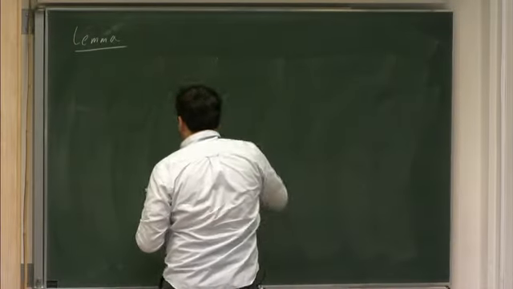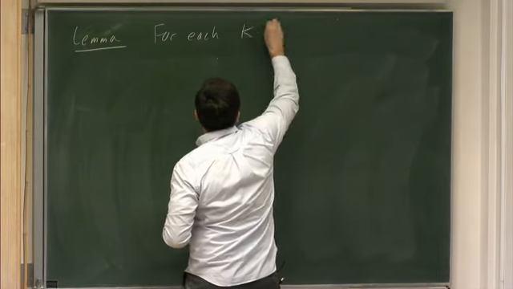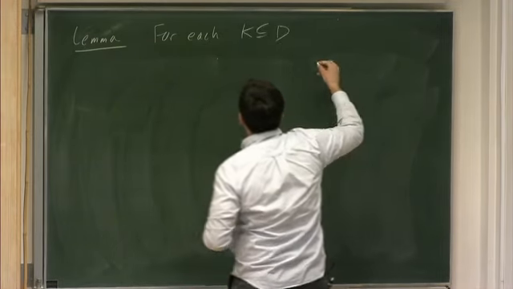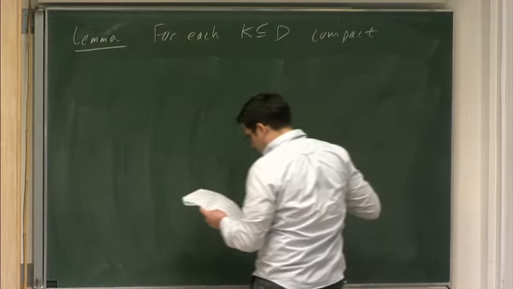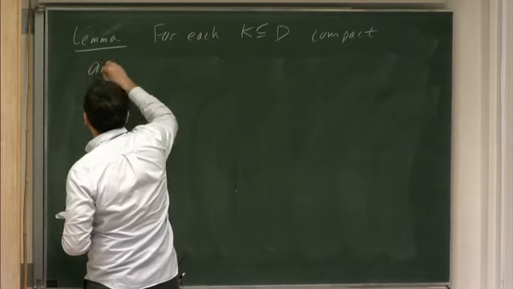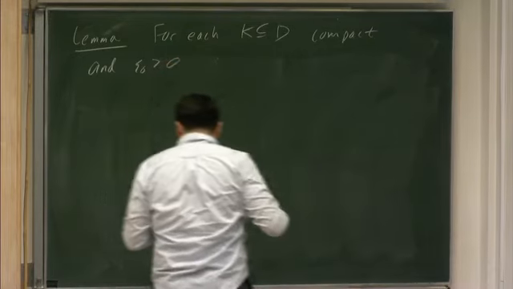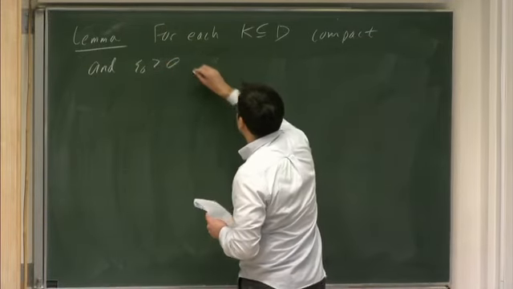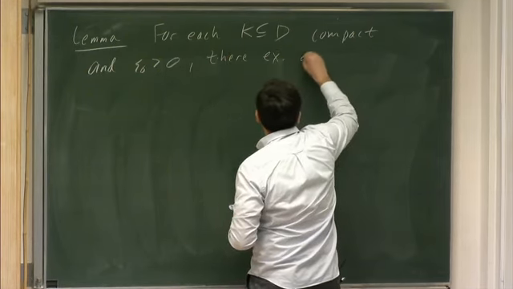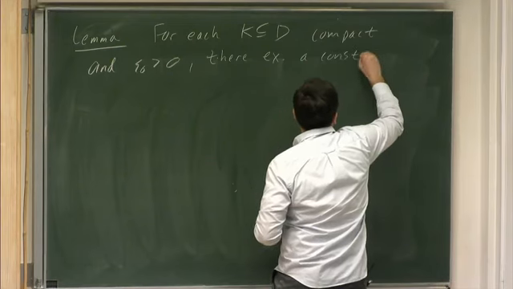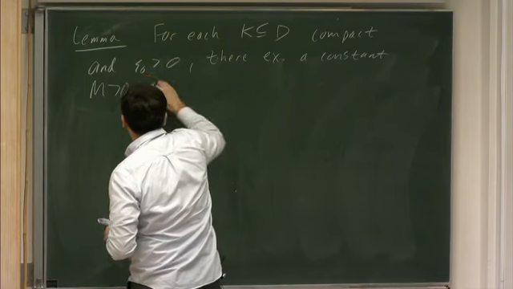What it says is that if you have a subset K of your domain D which is compact, and you have an epsilon sub 0 which is positive, then there exists a constant, this time it's not random, M positive,